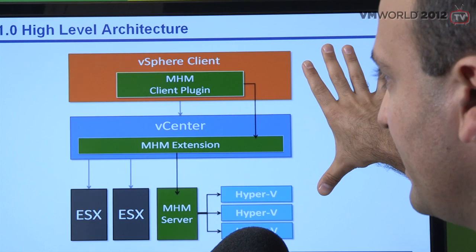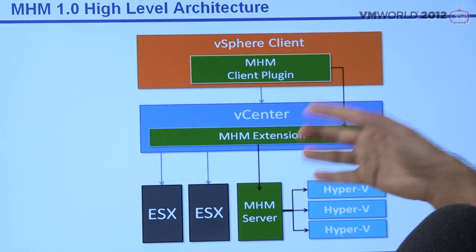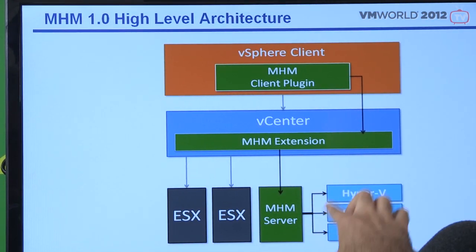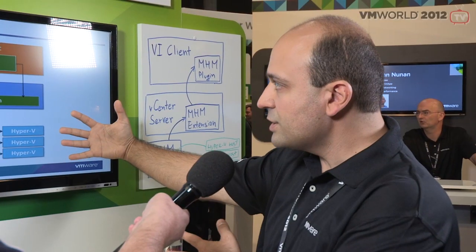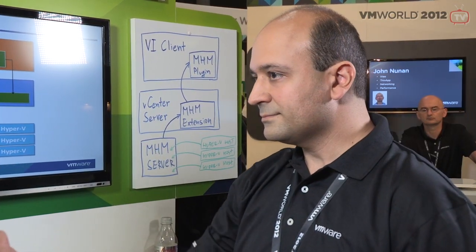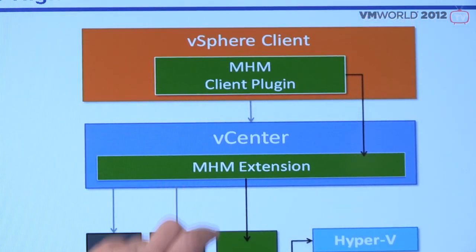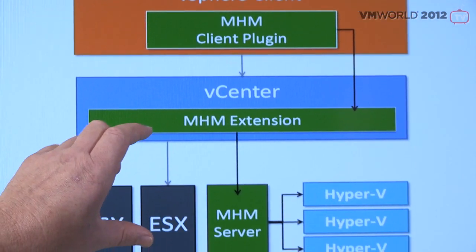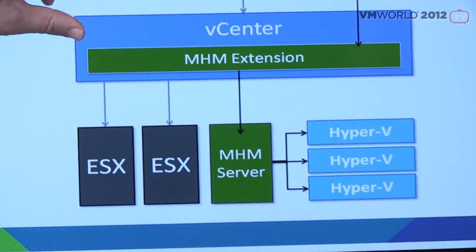This is like the high-level architecture. We have the vCenter extension, which is the MHM Multi-Hypervisor Manager extension. We have the Multi-Hypervisor Manager server, which talks to the Hyper-V or third-party host infrastructure. And we have the client plugin to actually visualize them in the infrastructure client. So if we're looking at this component, the multi-hypervisor extension, it's a component that addresses the API from a third-party hypervisor and learns how many virtual machines are hosted, but also is able to steer power operations and that sort